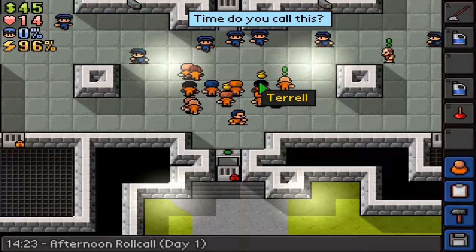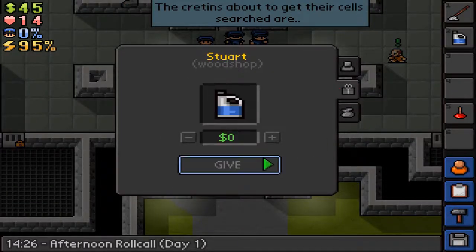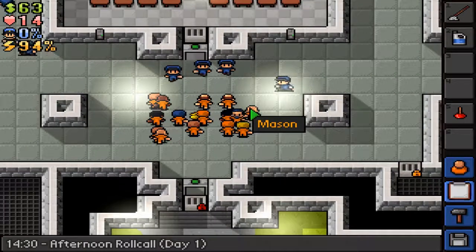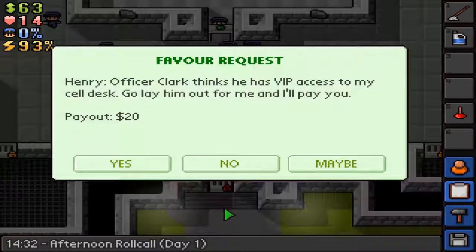Stuart wants a tub of bleach. Where the hell is he? Stuart. Here you go. And we want the mailman job, like I said. Let's go back next exercise period. The distraction ones are easy. Distraction next evening mail. Ooh, I'll do it. We want money because I want to be able...